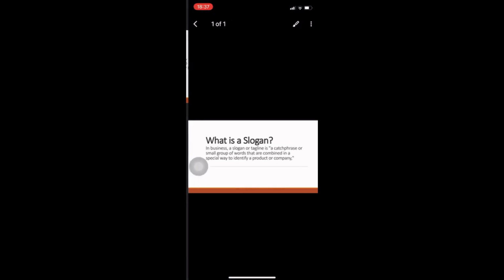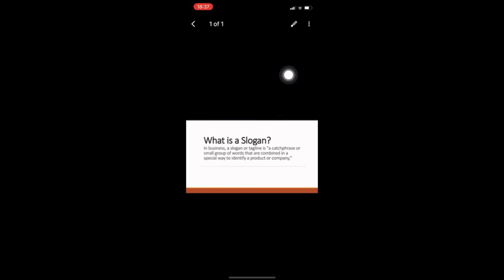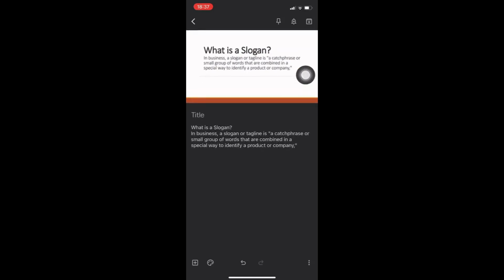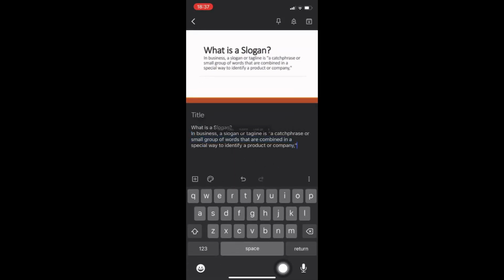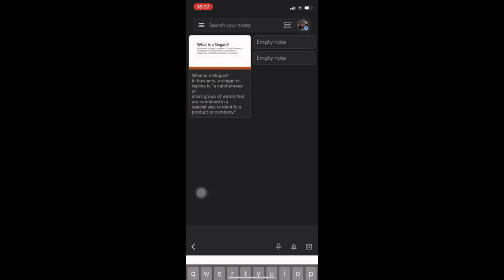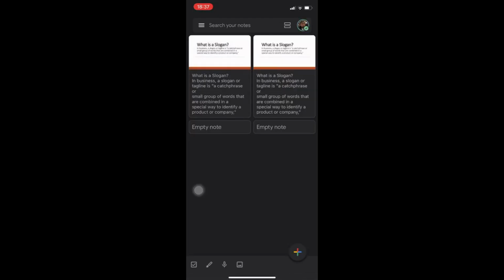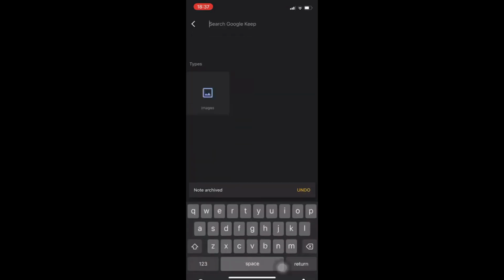On the 3 dots on the upper section, you can now grab image text. As you can see right here, everything that has been typed, you can copy and paste. You can even edit it. Now send it to your friends. Now think how much faster is that in taking notes. Now from here, you can still archive this one. For example, if I archive that one right there, and then simply type in slogan, I'm going to have those 2,